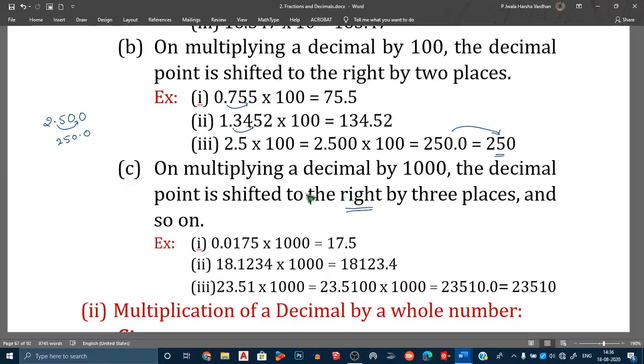Okay, already you did these types of problems in the previous exercise. If you are dividing, you should shift that to the left side. If you are multiplying that with 1000, 100 or 10, you should shift to the right side depending upon the number of zeros. Here 3 zeros are there, so you should shift the decimal point by leaving 3 digits. You can write this point here somewhere.